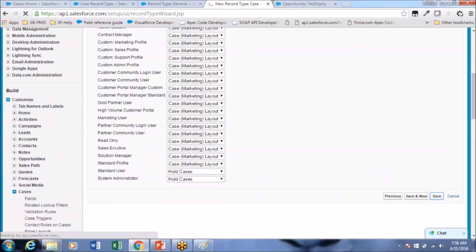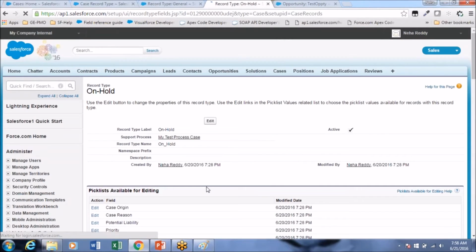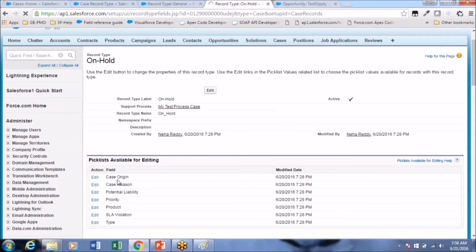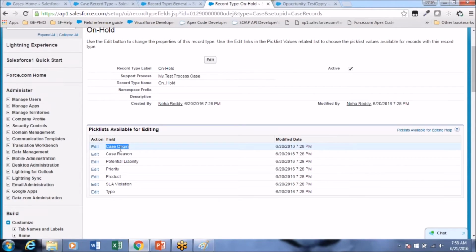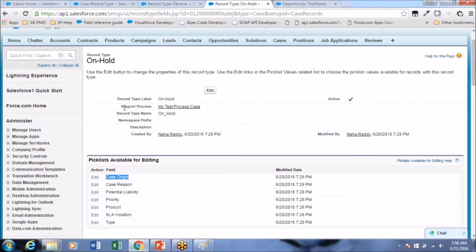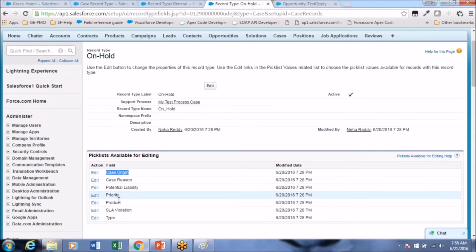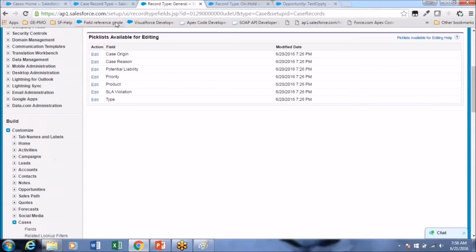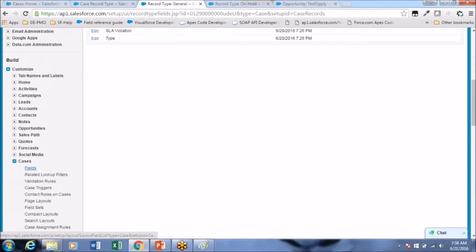See. So now you can control the picklist values. Whatever picklists are available on the Case object are available for editing at the record type level. Okay, so I'll go to the Type picklist. First I'll go to the Type field in the Case.